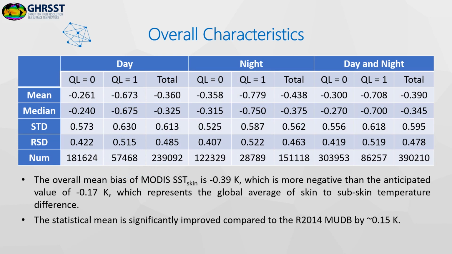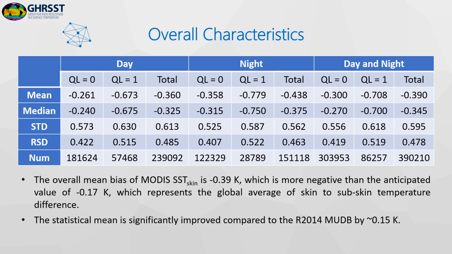The table shows the statistics of Aqua MODIS iQuam SST difference from 2002 to 2022 above 60 degrees North, and the overall mean is minus 0.39 K, which is more negative than the anticipated value of minus 0.17 K, which represents the global average of skin to subskin temperature difference, indicating either an inadequate compensation for atmospheric effects in the retrieval algorithm, or a generally stronger cool-skin effect in the Arctic due to the more heat loss from the ocean